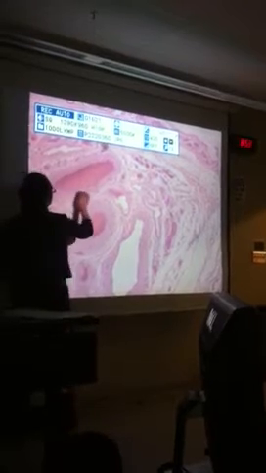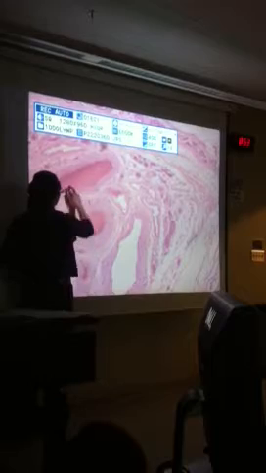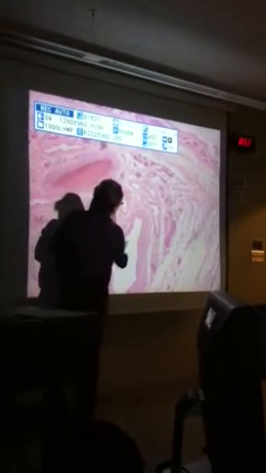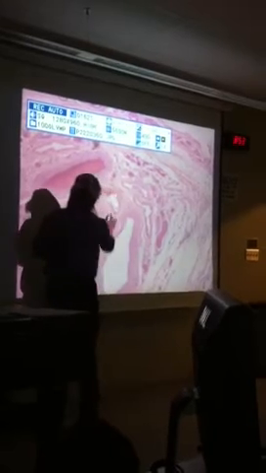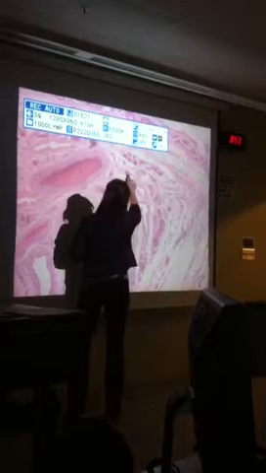This is a vein because it's more oblong, the layer of smooth muscle is smaller, and the lumen is bigger in the vein than in the artery. This would be another vein right here. This would be a small vein. This would be another vein. Little artery,